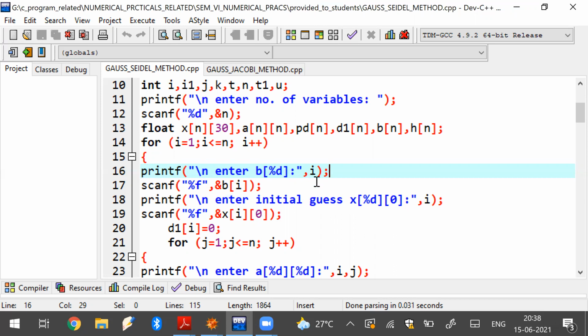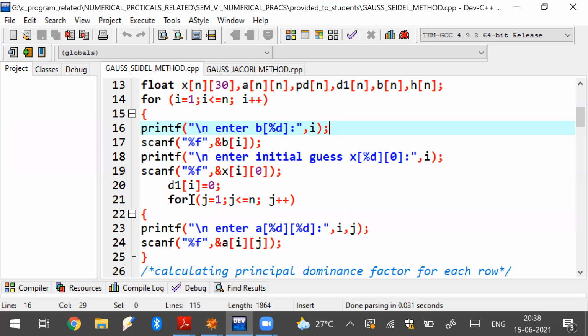Then we will initialize this d1[i], that means each element of this d1 array, as 0. Why did we do this suddenly? This part is actually trying to keep a record of the diagonally dominant part. We will see how we use it shortly. For the time being, I'm just initializing every element of this array to 0. Now, for j running from 1 up to n,